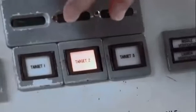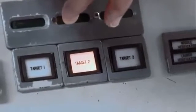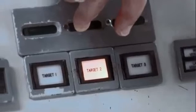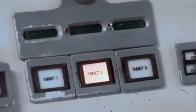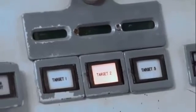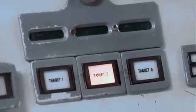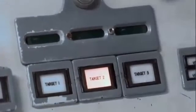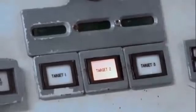Now, crews never had any identifying information regarding their targets. They had no idea where it was, and they had no idea what it was. They just knew they had those 3 targets. That was classified then. One of the very few things about Titan that's still classified today. We still don't know what those targets were. But if a commander had ever been instructed to change to an alternate for any reason,